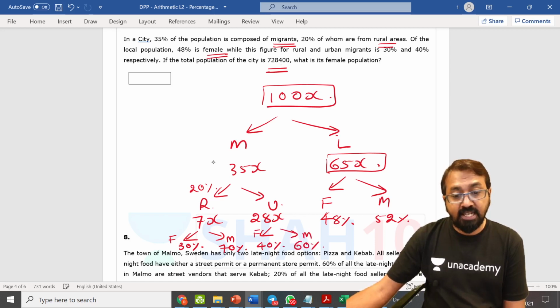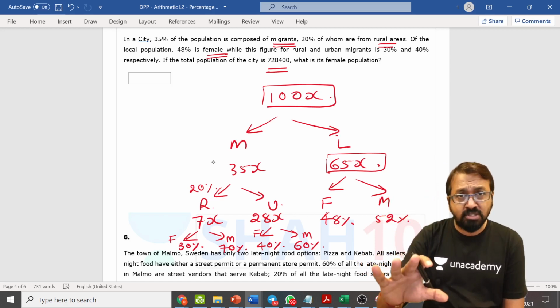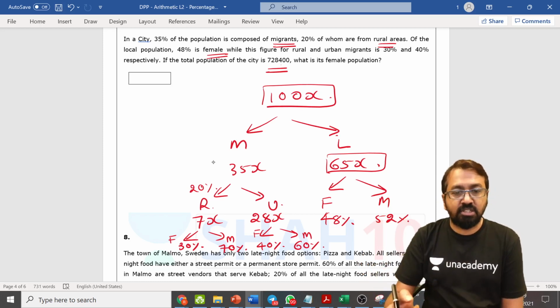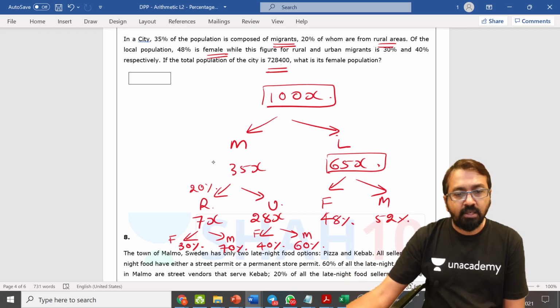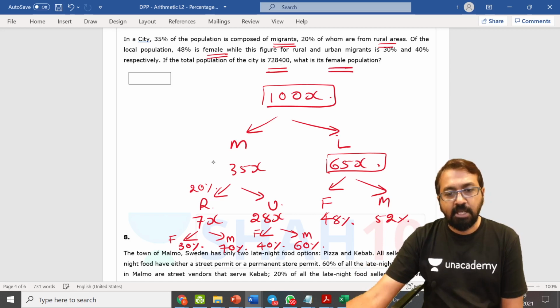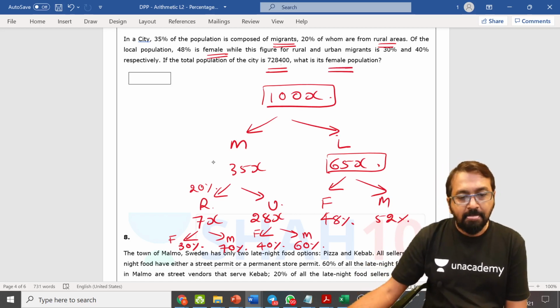Okay, once again, in case you have lost track, what you can do is take a pause, go through the data once again, read it twice, and replay this question so that you will understand what I have written step by step. Okay, so if the total population of the city is 724800, what is the female population? Now what is the female population? So can I say female population is